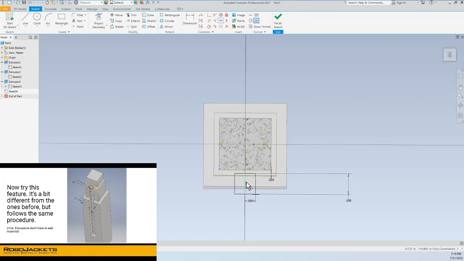So I was trying to click the line, but it really wanted me to click this point right here. So sometimes if you're trying to do constraints and it doesn't work, maybe it could be the point that you're trying to constrain, and it could also be that you're just missing a constraint and you're not clicking the right thing. So what I like to do is I try to move around my sketch and see what kind of degree of freedom it has before I try making extra constraints. So now that that's fixed and I see that it's fully constrained down here,